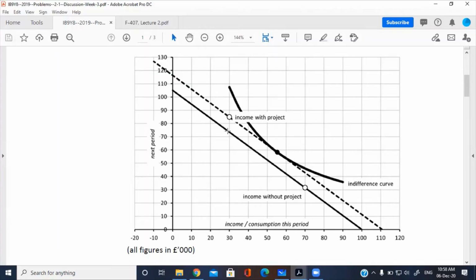Now in the current period, we would like to make consumption of this amount, 55,000. And in the future period, we would like to make consumption close to 60,000, if the optimal consumption is here. So if you have only 30,000 remaining after undertaking the project, how can you reach this optimal consumption level? Shouldn't you make borrowing? Yes, sir, you have to borrow. You don't have the available income to make savings here. Okay, thanks.